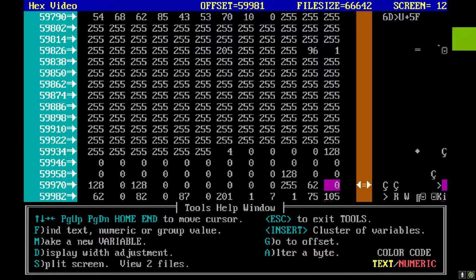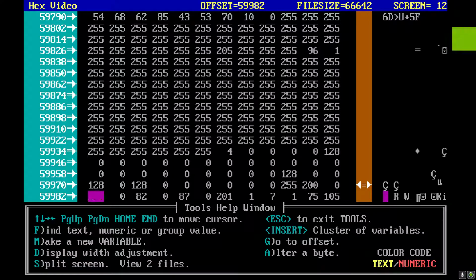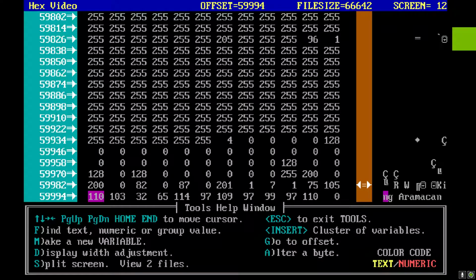Here we go. He has 62. Remember, 62 was what his magical was up above. So we're going to go ahead and change this to the new 200. Doing this to make it nice and easy to teleport anywhere you want. Make as many people magic users as you want, just to make teleporting just a quick, easy go-through in the